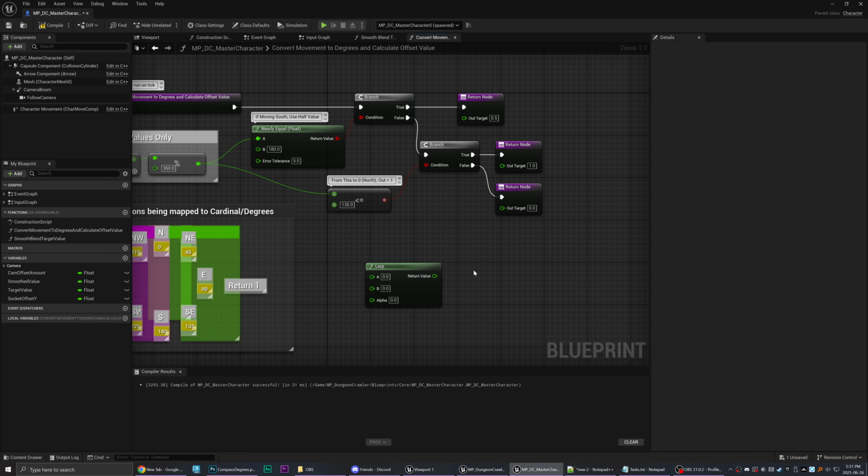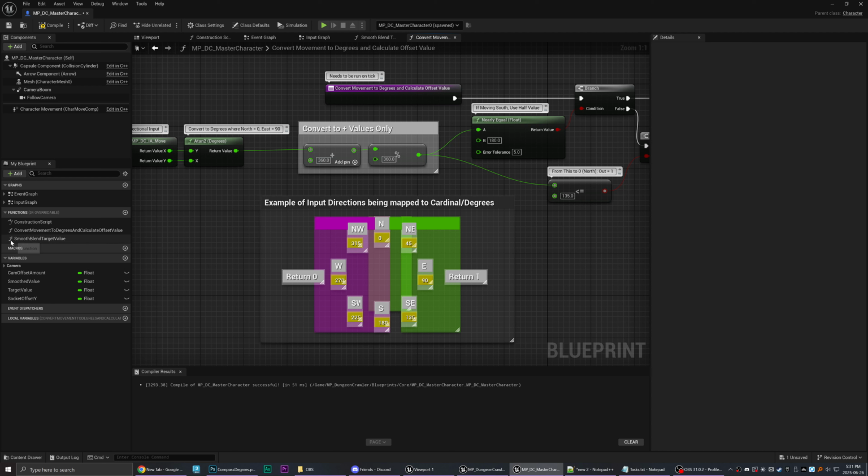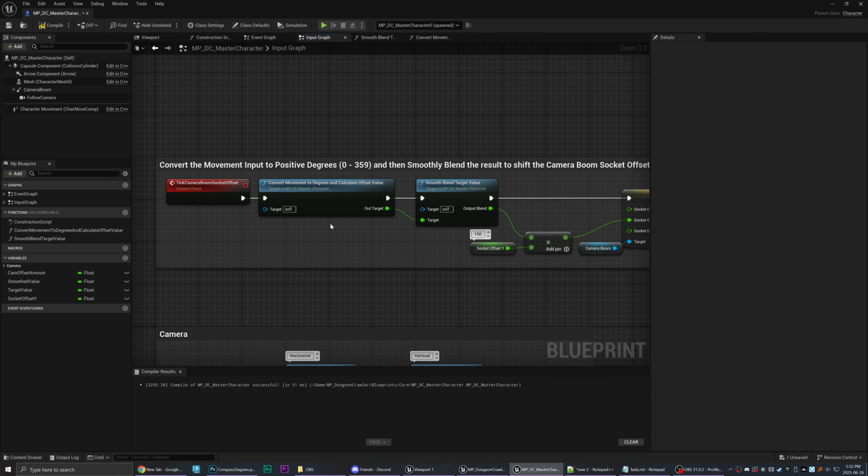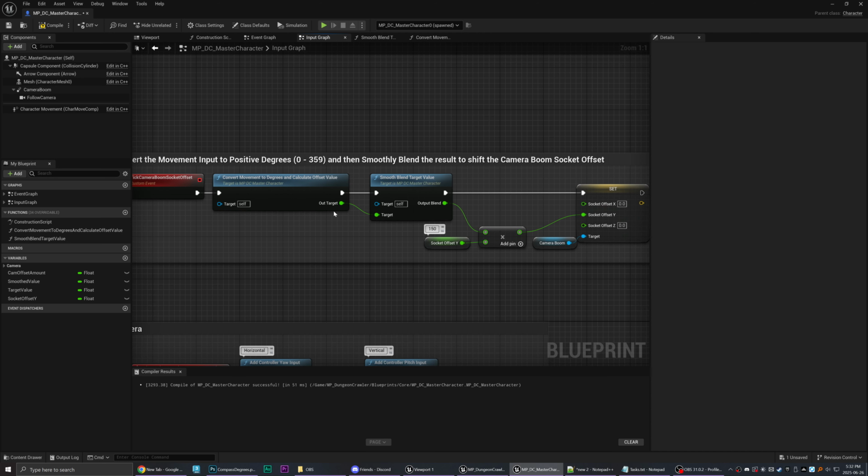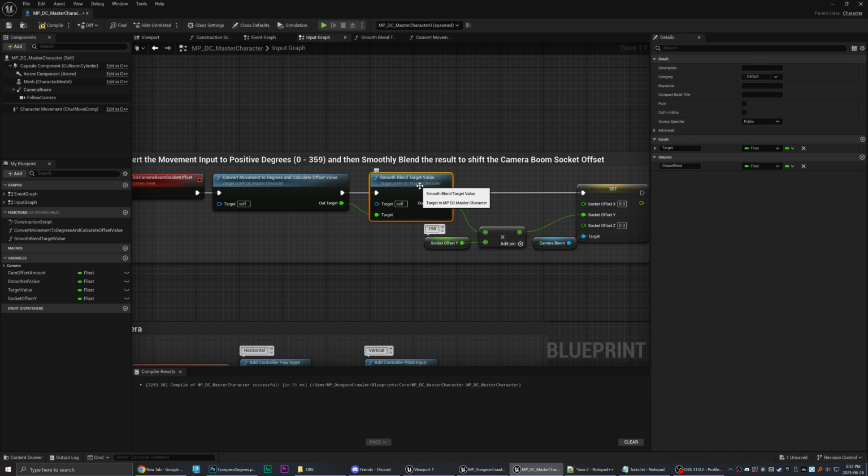So we have a node to handle that, which is the interp2 node. So I created another function called smooth blend target value. So basically the out target, if we look at the input graph here, the out target coming from our function of convert movement to degrees is then getting fed into the in value of my smooth blend target.